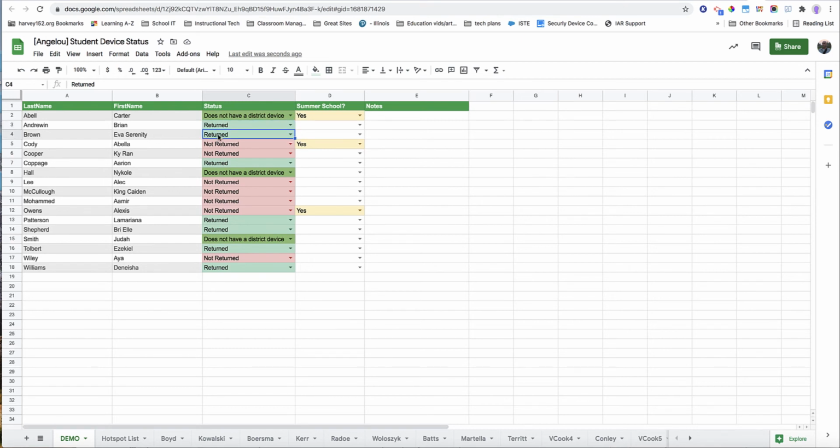Great, we can see that she already returned her device, so she can get her report card and learning packet. Bella, on the other hand, I can see did not return her Chromebook, right? However, I also see that she is enrolled in summer school. She's going to keep her Chromebook because she is enrolled in summer school, so Bella is okay to get her